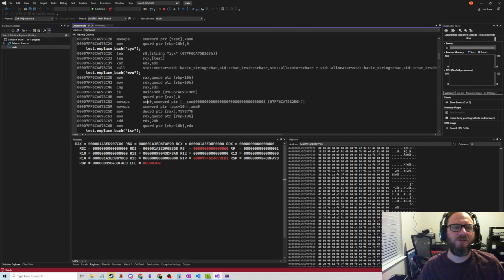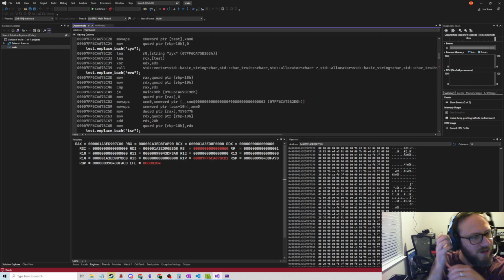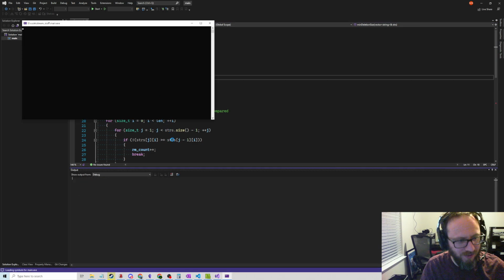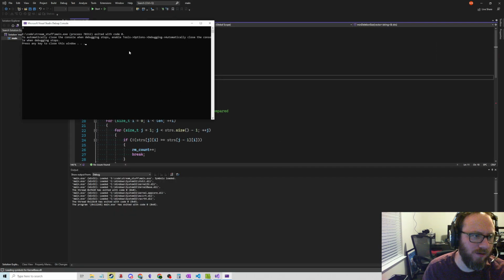So are our C++ strings already in these registers, and we could just use them without having to worry about the byte alignment? I mean, it's possible, right? Because if we go back here and we do this,